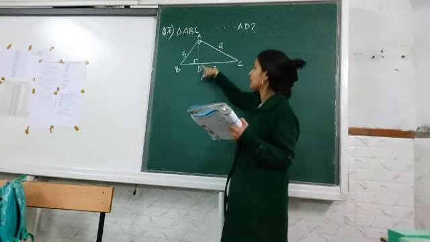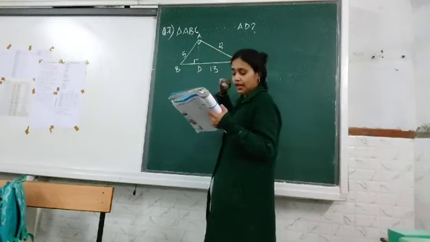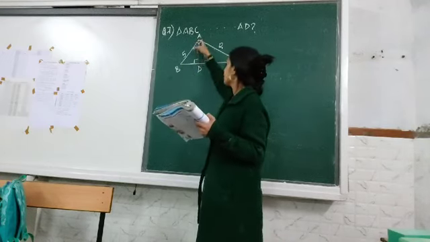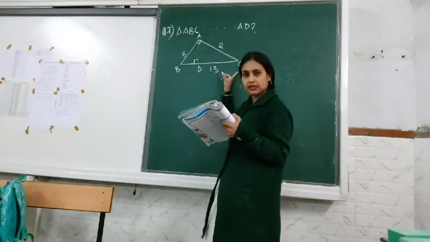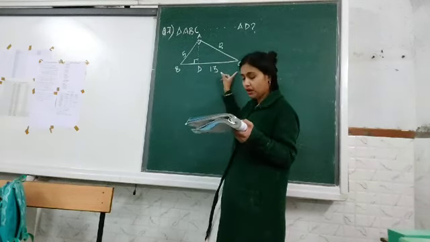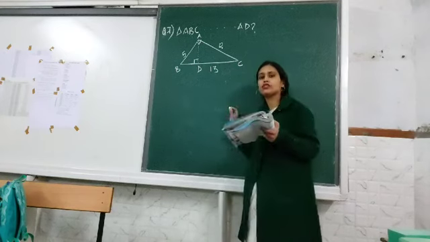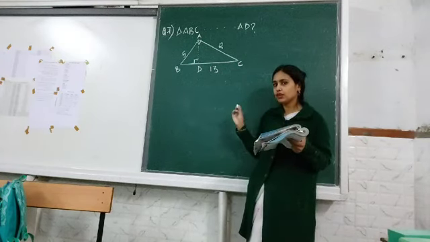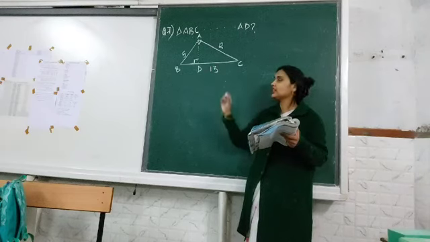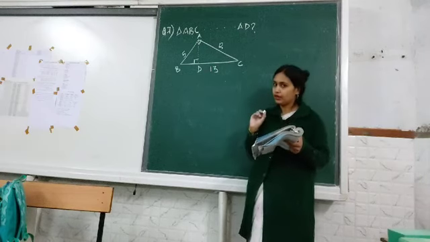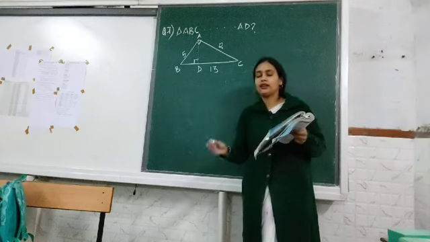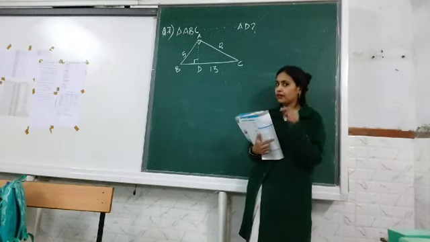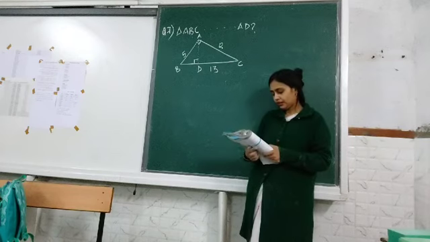Okay, so this also can be the height and this also can be the height. So when you take this as height, this becomes the base. When you take this as height, this becomes the base. Yes, for the area of the triangle. The area of the triangle is given by half base into height. Why? Because triangle is half of parallelogram and the area of parallelogram is given by base into height. So the area of triangle will be given by half base into height.